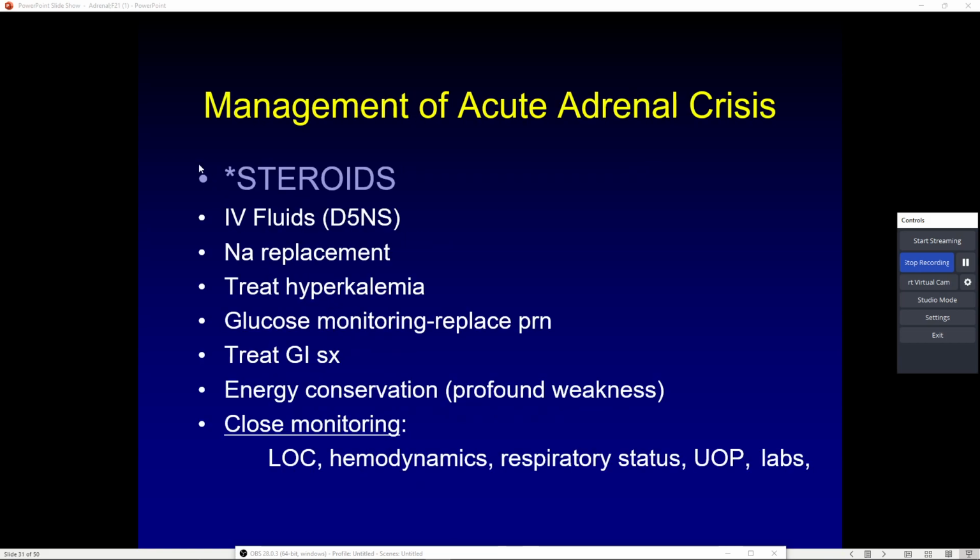What are we going to give after that? Well, we need to do a couple different things. We've already got steroids down. I'm going to give you fluids, and I'm going to give you sugar. Well, what better way to do it than do both at the same time? I'm not giving you D10NS. I'm giving you D5NS. We are going to correct things, and we're going to correct things slowly.